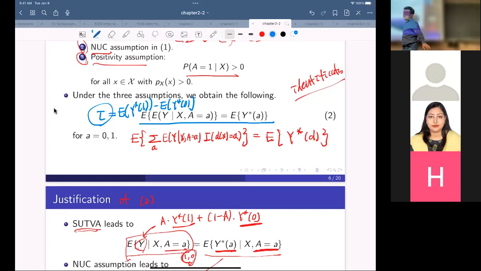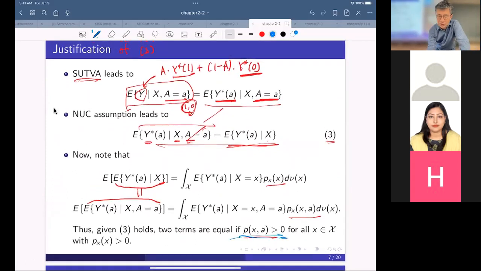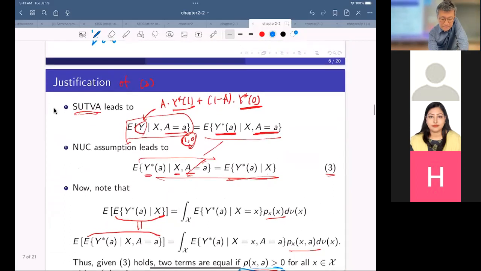To estimate tau, we need to establish this identification condition. For estimating the value of d, we have just established this equality. And when we showed this equation 2, we did need this kind of condition, so basically Sutuba